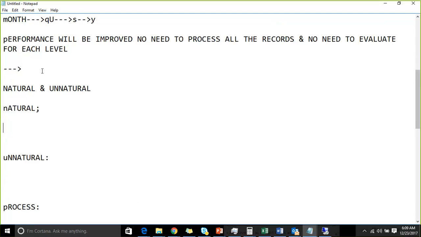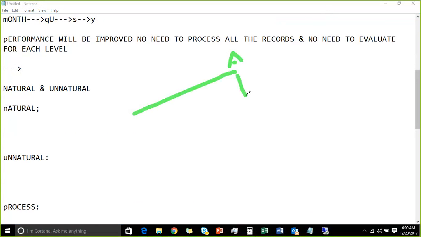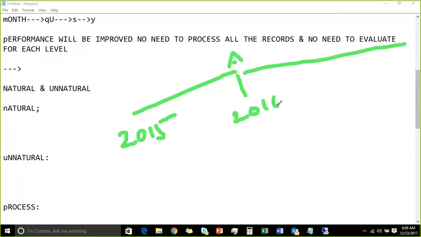Whenever you are creating a hierarchy, consider the scenario of this date itself. I will give some name called A, and I have 3 years: 2015, 2016, 2017. Under these 3 years,